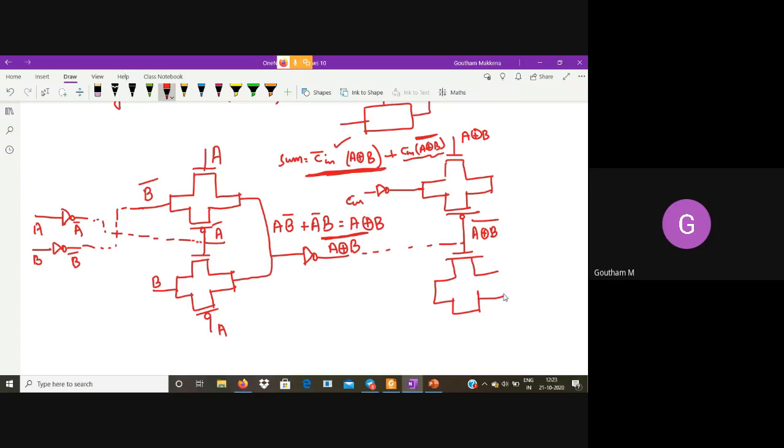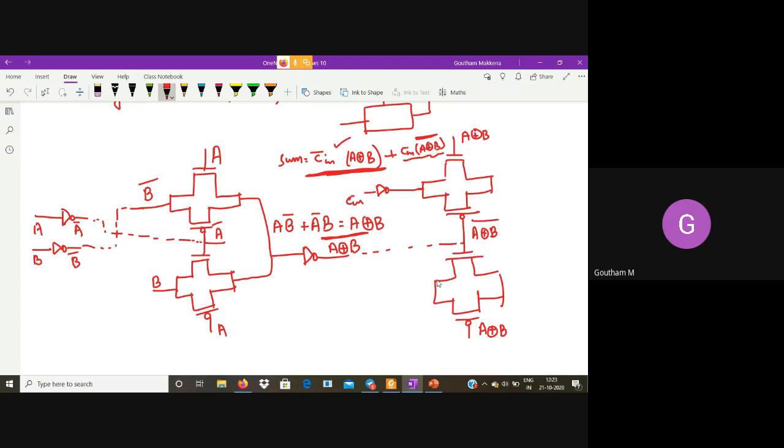That is the rule in transmission gate logic style. And within the transmission gate, PMOS and NMOS should be complements. So if this is A XOR B whole complement, this has to be A XOR B. So this bottom transmission gate has to implement A XOR B whole complement into Cin.